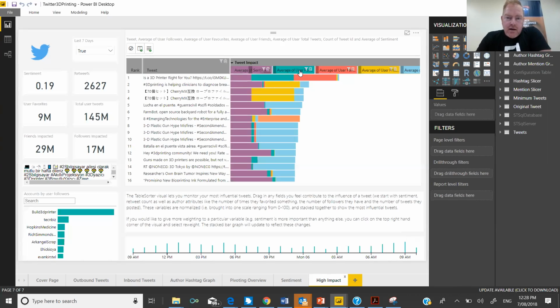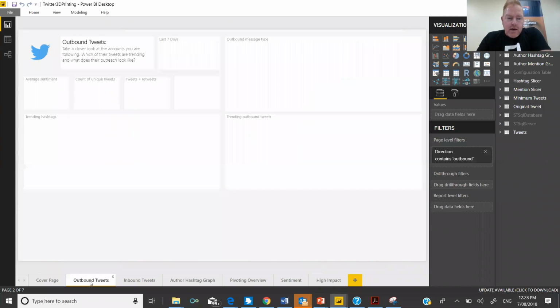And these other categories here are essentially based on how many favorites that tweet got or retweets and that sort of thing. So you can actually see the rating of tweets, highest to lowest: FarmBot, open source backyard robot, emerging technologies, 3D plastic gun, hype, misfires, etc. Then we have inbound and outbound tweets.